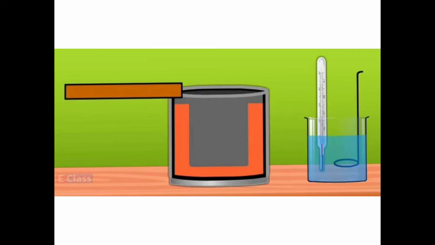Calorimeter is a substance, or you can say the object, with which we are able to measure the heat content of an object. So through this equipment we can measure the heat produced or absorbed. You can see in the slide that it is similar to the thermoflask, the thermos that we are using now.